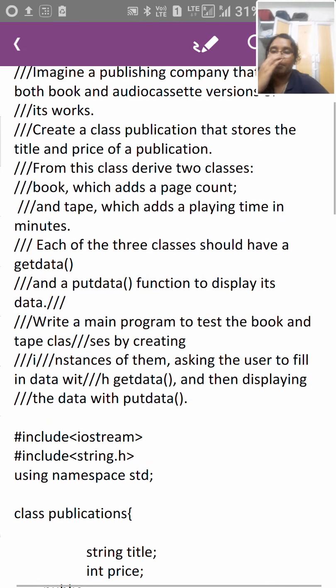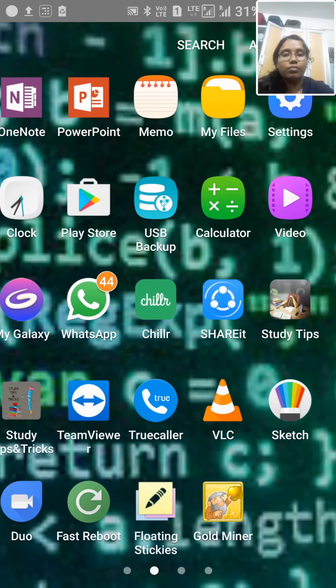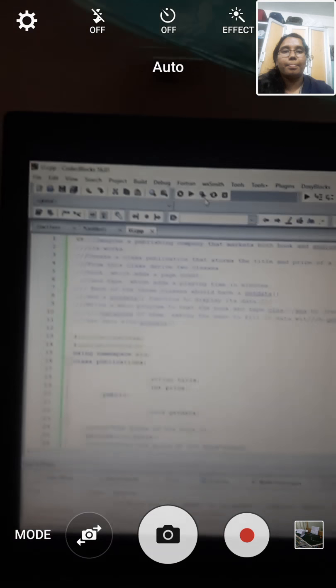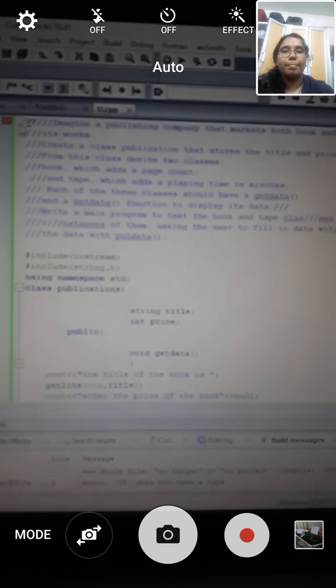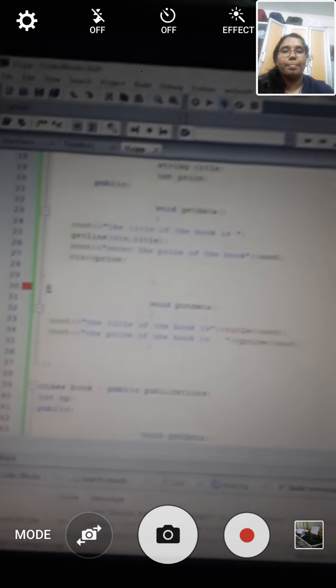So now let us compile and run the program and see the final output. So this is the program which I have explained. When I compile and run this program,